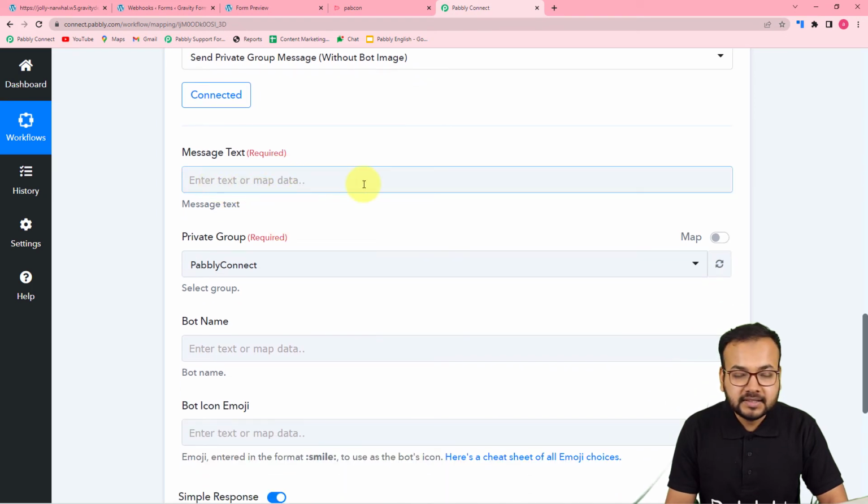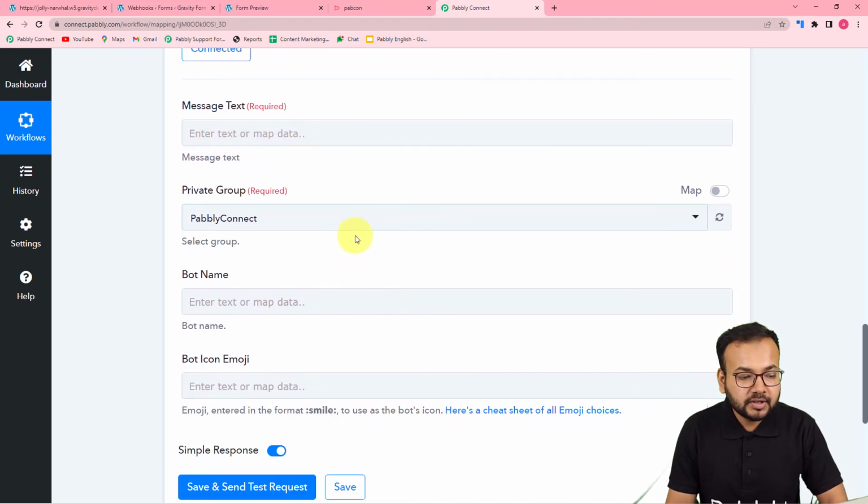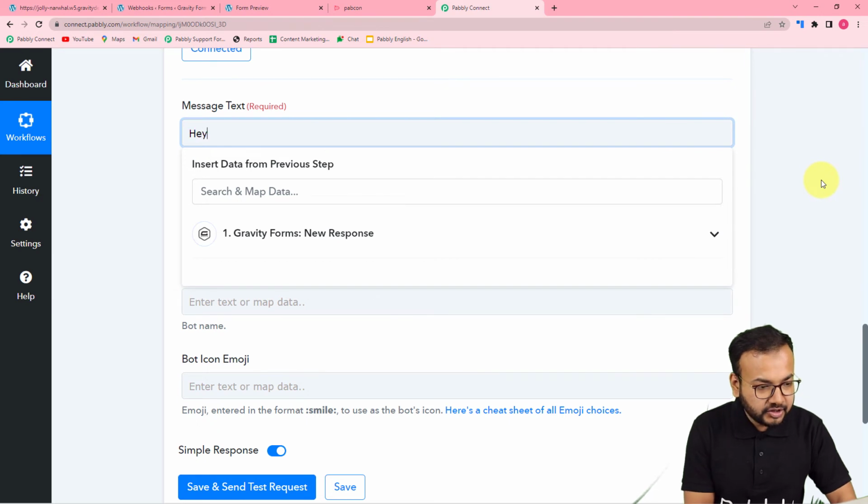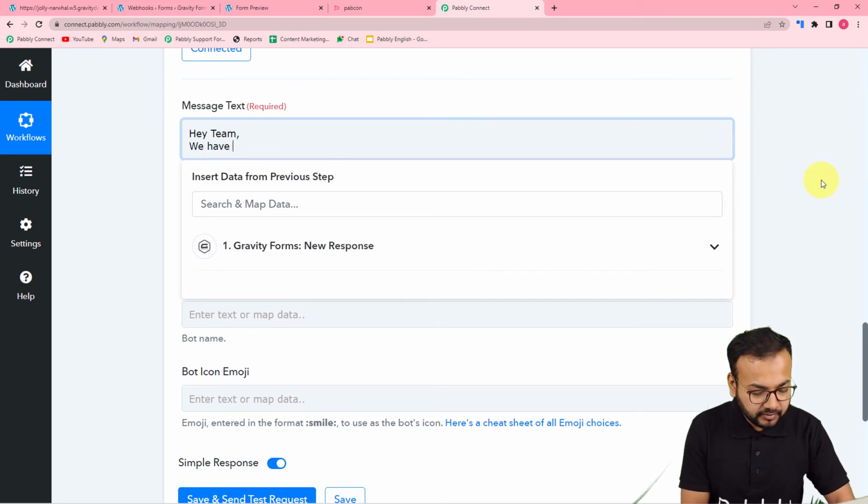Here it is asking for the message that you want to send to your team. Here you can select your group in which you want to send, and you can put the bot's name here. So let me type the message here as this: hey team, we have received a new submission from Gravity Forms. Okay, the details are as follows,